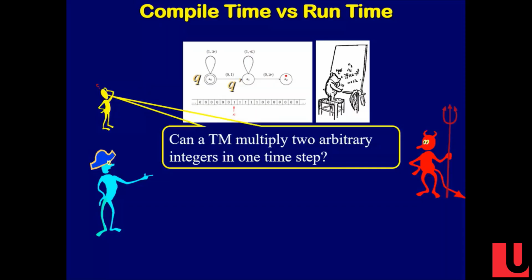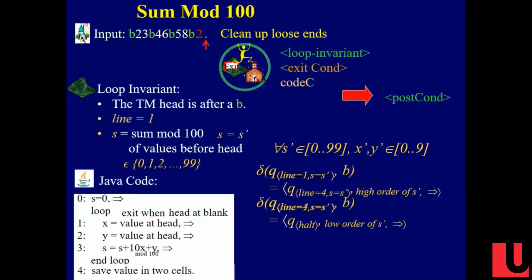I have a question about the previous slide. The exit, the thing that you do after you exit, you just don't save the values into cells. Well, I should have written the high order bit and the low order bit. The real reason I didn't do that is it doesn't fit on the screen. That was the main reason. Maybe I was also testing you so you could figure out how to do it on your own, but I wouldn't do that on a test. Here, it just didn't fit on the screen. Does that answer your question?